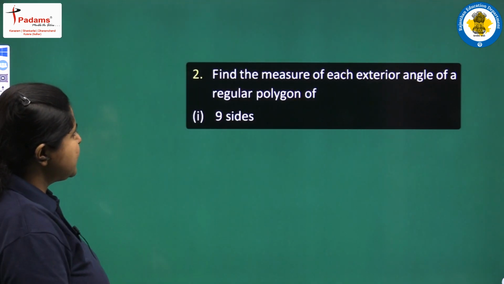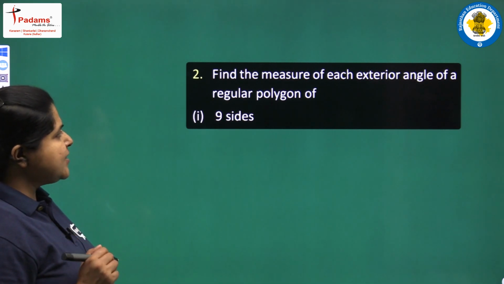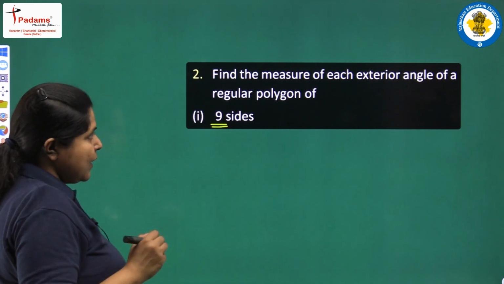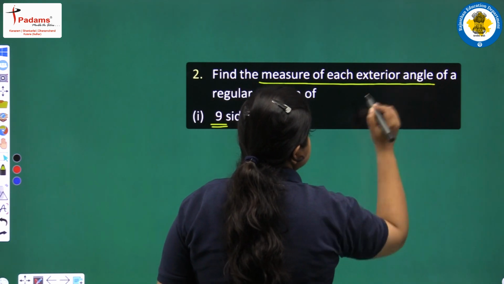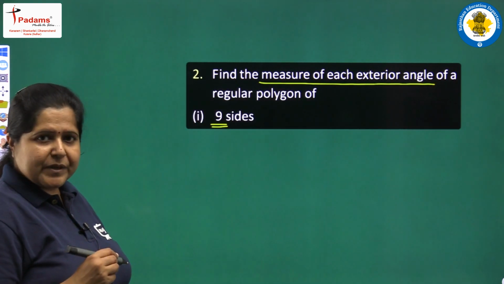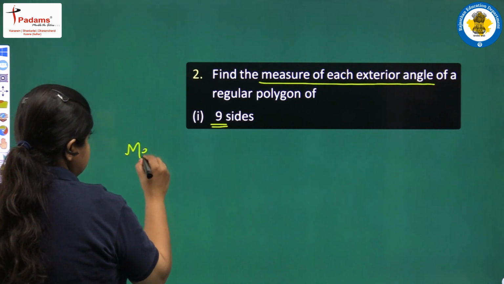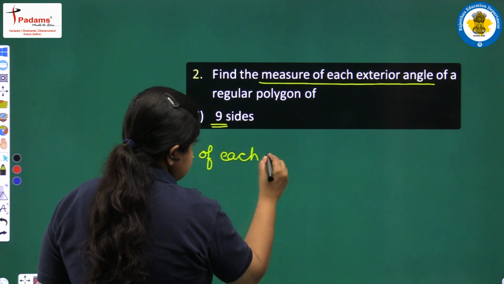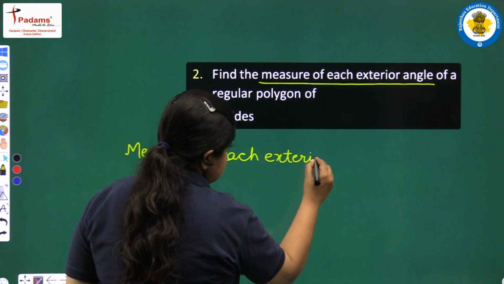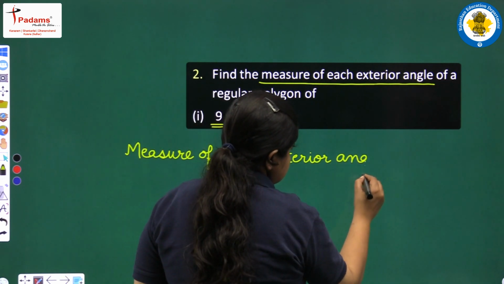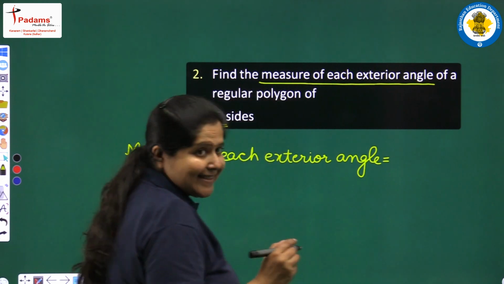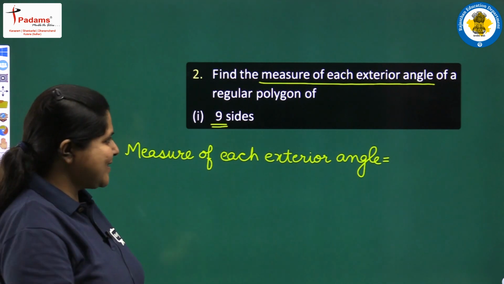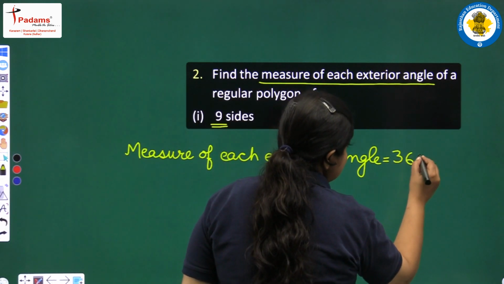Next we have question number 2 which says find the measure of each exterior angle of a regular polygon of 9 sides. Now we have to find the measure of each exterior angle. So we will apply its formula which says measure of each exterior angle is equal to, yes, can you tell me the formula? By this time you must have learnt it. Yes, 360 degrees upon n,